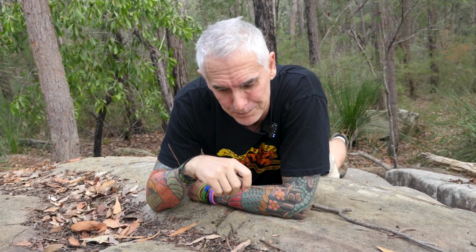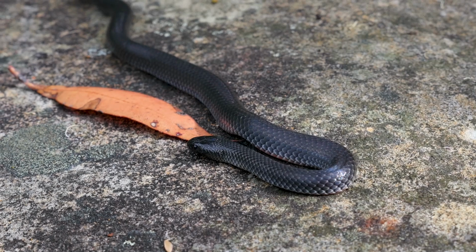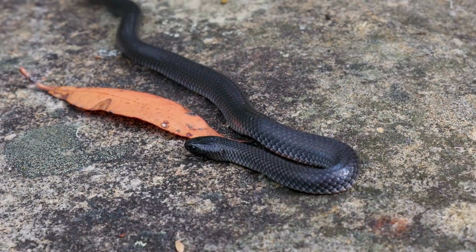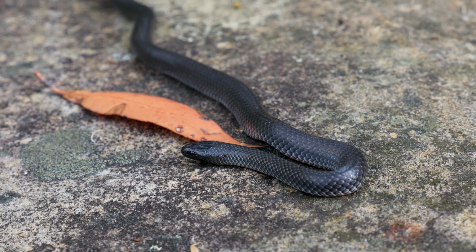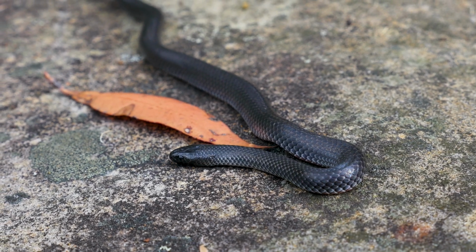Not very productive when you're trying to increase the population by eating yourself or your friends. No, not very good. So these guys are a live-bearing species, averaging around about 2 to 3 babies. Not a lot of babies, but they're live birth. These guys will drop their babies, and the babies will come out in a clear membranous-like sac. They'll tear their way out and move out and make their way amongst nature, looking after themselves from that day